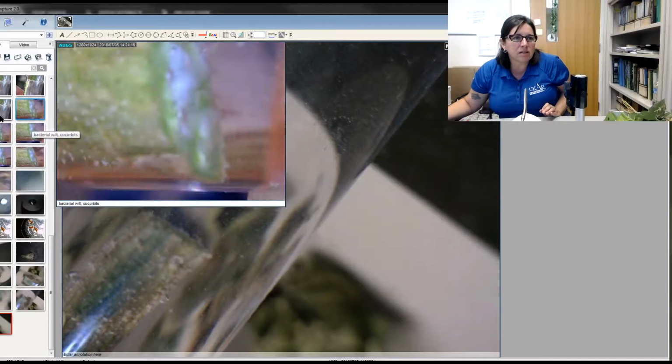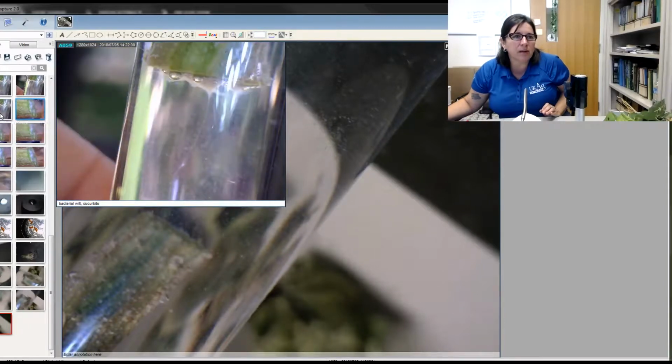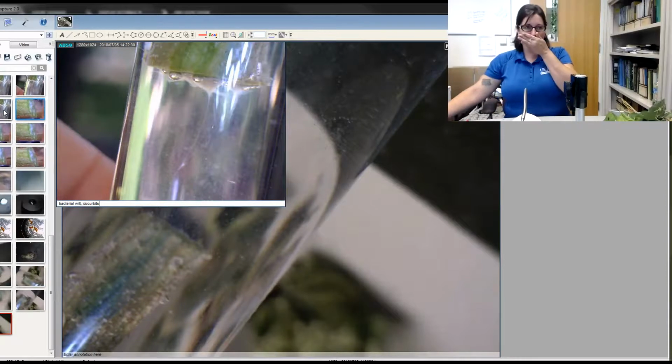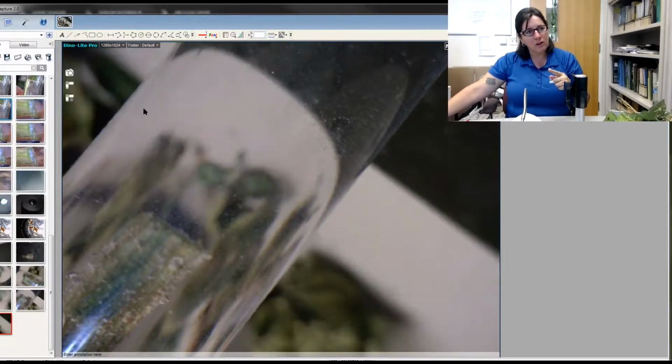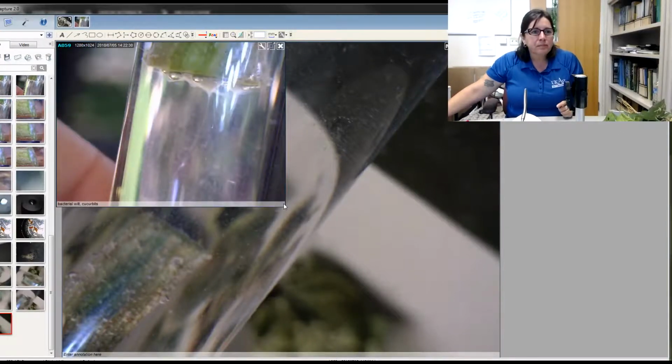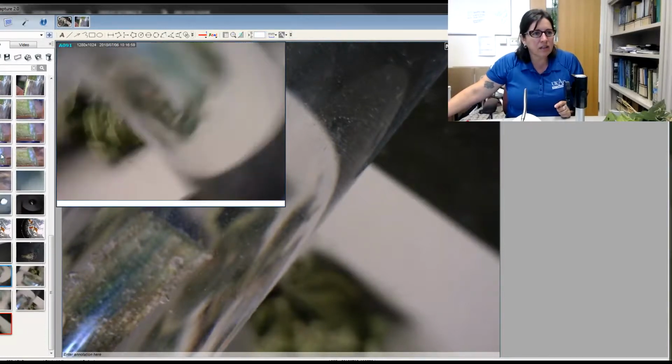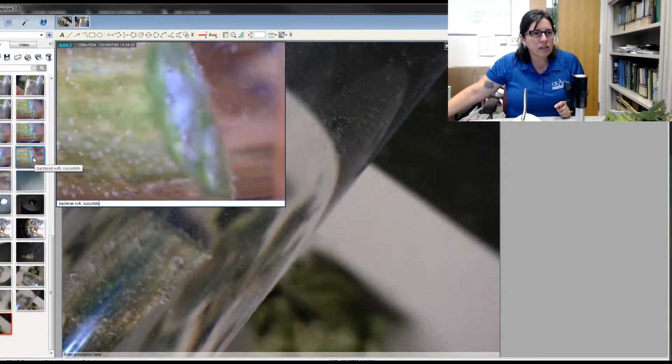Oh, that was a good one. There we go. Here we go. This is bacterial streaming. This is what it's looking like. You'll see the bacterial cells coming out, and then these strings. So you'll see the string happening. The first thing that's going to happen is the string is going to occur, and then it'll get longer, then it'll break off. And eventually there'll be